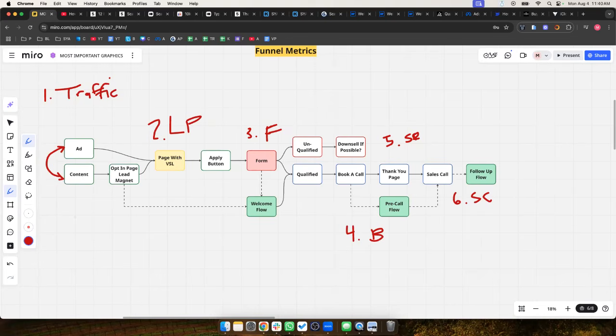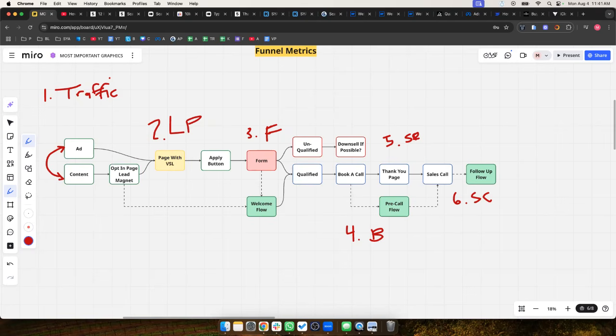And then if you have done more and made it better and it's still not working, then you might need to try a new channel or a new angle or something of that nature. If your landing page sucks and you're not getting enough people to even start the form, that's going to be a function of it's not clear enough. There's not enough information. There's not enough proof that this actually works.